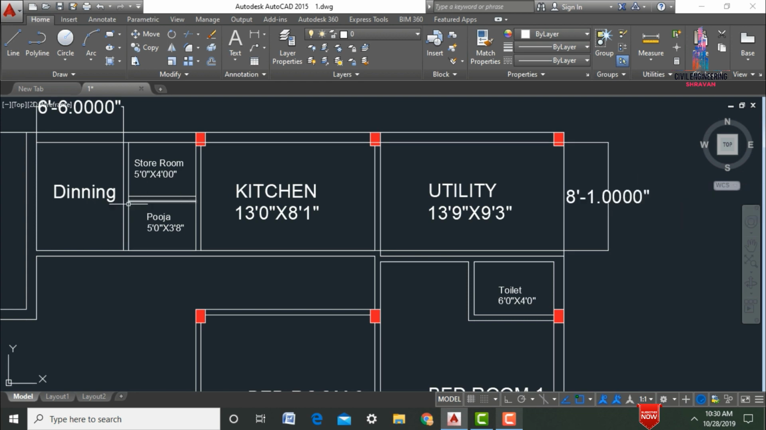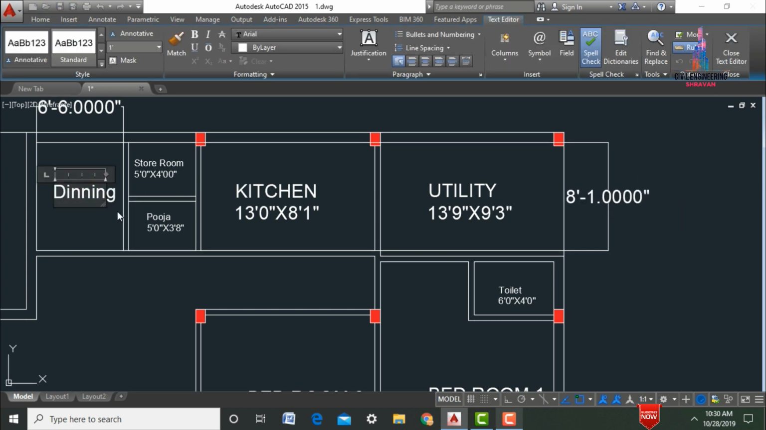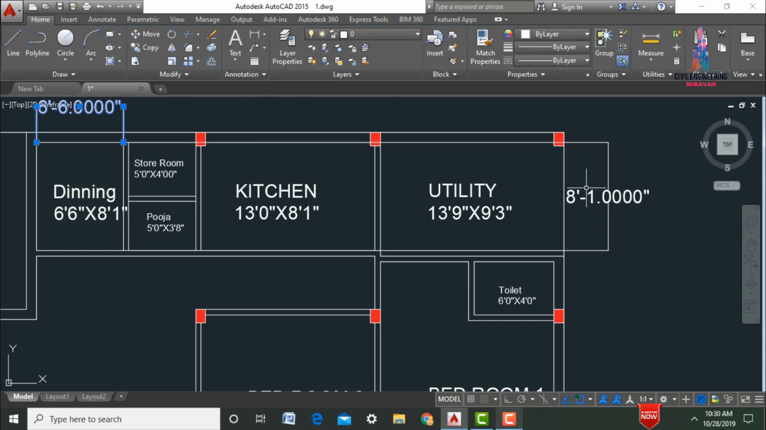So it will be consisting of 8 feet 1 inch. Select the dining in the same way. So here we need to give the dimensions as 6 feet 6 inches cross 8 feet 1 inch vertical direction. So select the 6 feet 6 inches and 8 feet 1 inch. So click on delete